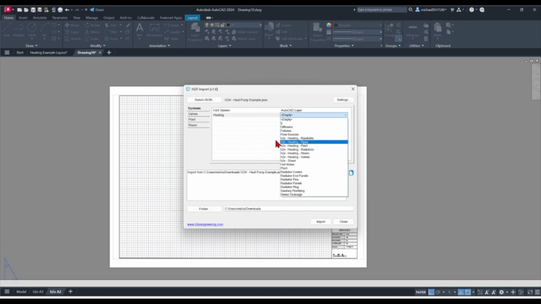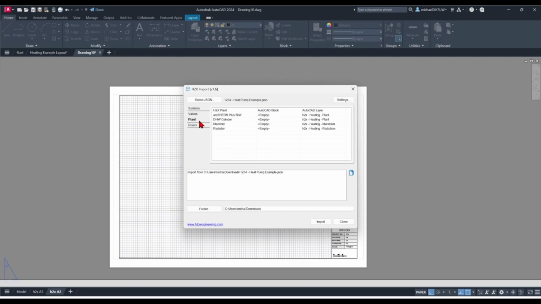So if I assign that to h2x heating pipes, and that needs to be done for systems, valves, plants and risers. You can also see that it's going to ask for an AutoCAD block as well. However, if you leave this empty, h2x will generate a generic shape in the location of, say, the radiator, valve or piece of plant. Okay, once you have all of your AutoCAD layers assigned, you can then hit import, and